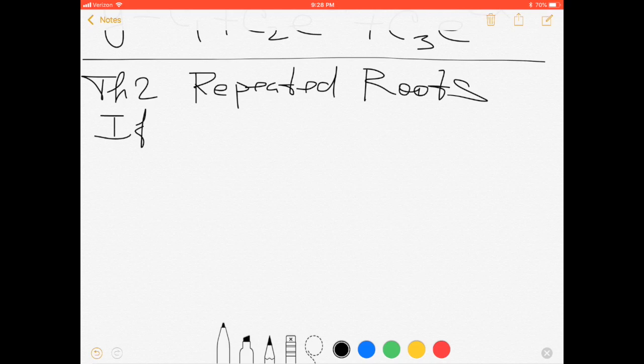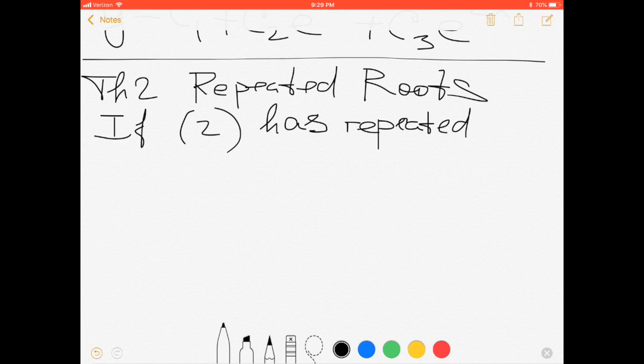If characteristic equation 2 has a repeated root, root r of multiplicity k, this means it's repeated k times,